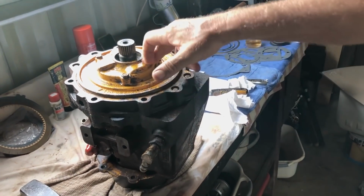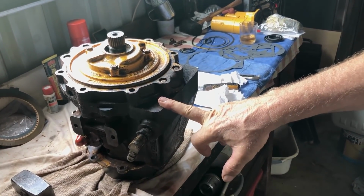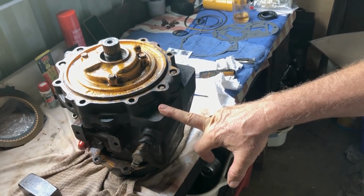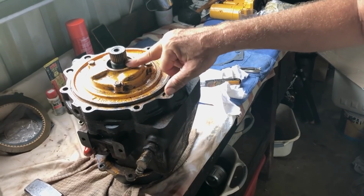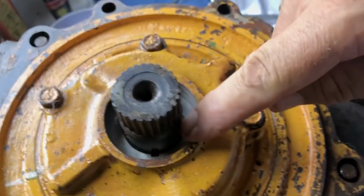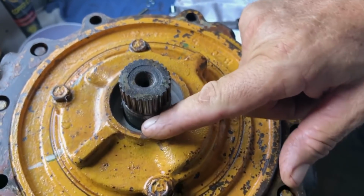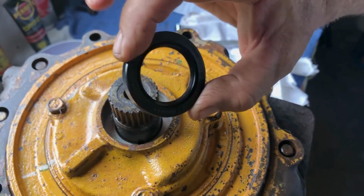Well, look at that. I've got the oil pump on, the front face, all new clutch plates, pressure plates, thrust plates, but the old shaft here, if you zoom right in, have a look. I don't know if you can see it down here. No, I need a bit of light on there. But anyway, the shaft's quite pitted and worn. So that's where the seal lives, down here,